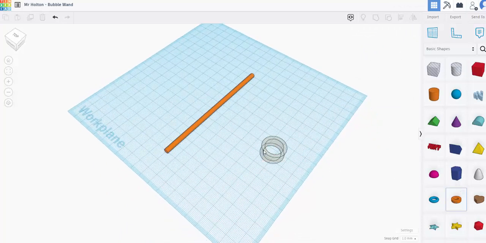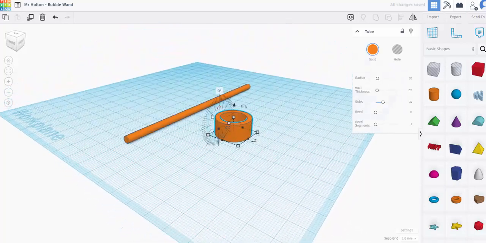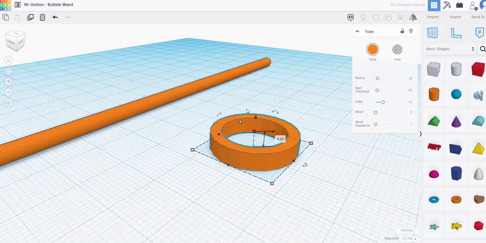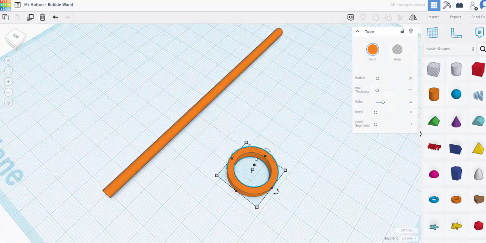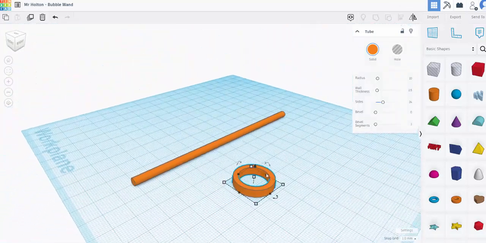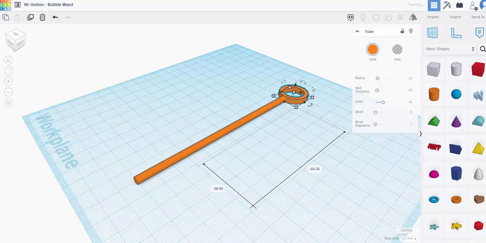This time I'm going to introduce a tube. The tube has a perfectly round circle, but as you can see the sides are not curved, they're a sharp edge. Again, I'm going to adjust the thickness to 4 mm. And now I have a tube or ring that matches the thickness of the wand and that makes a perfect circle. Similar to last time, I can slide this part into the right position,